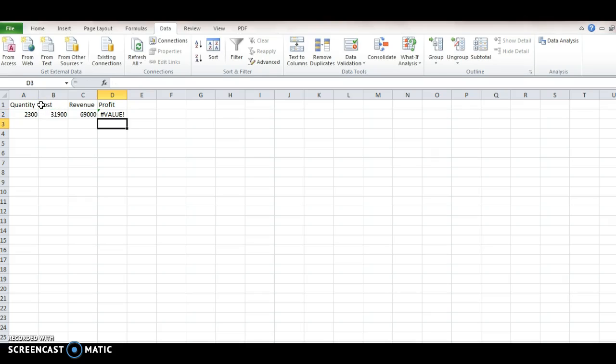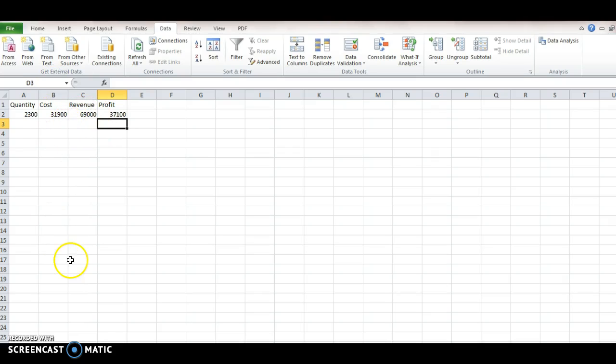Okay, so that's, whoa, something happened there. C1 minus B1. Oh, so we want C2 minus B2. That was clicking the cell above where we wanted. Okay, so at this 2,300 quantity, we're getting a profit of $37,100, which makes sense because our revenue is more